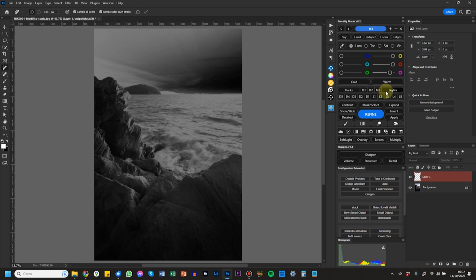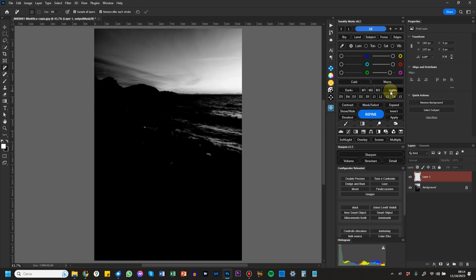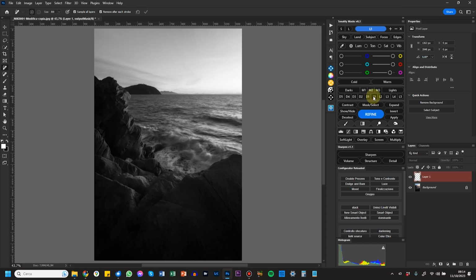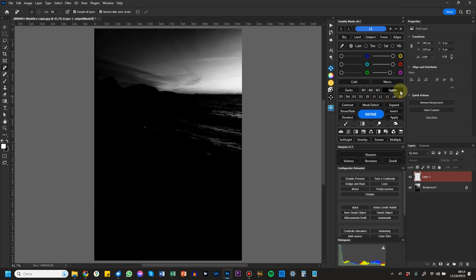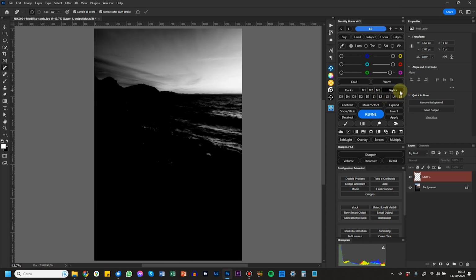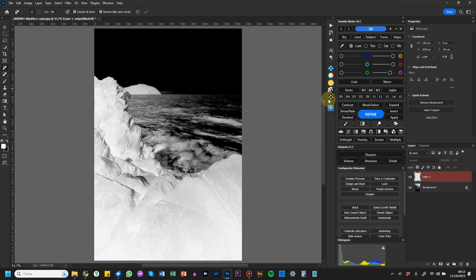And then we have these two buttons, lights, which is a harsh selection of just the lights in the photo, which is not the same as lights 1 or lights 5, as you can see, because the selection is very contrasted. It's a very hard selection. And the same for darks, which just selects the darks in the photo.